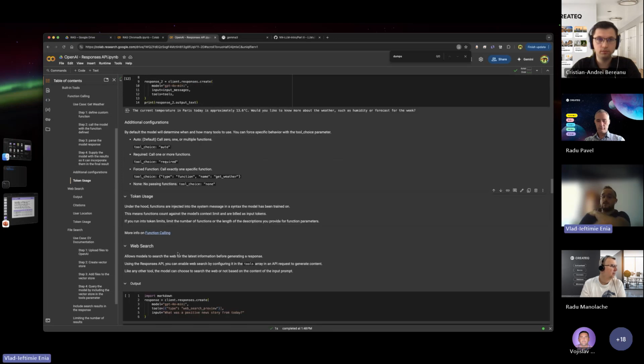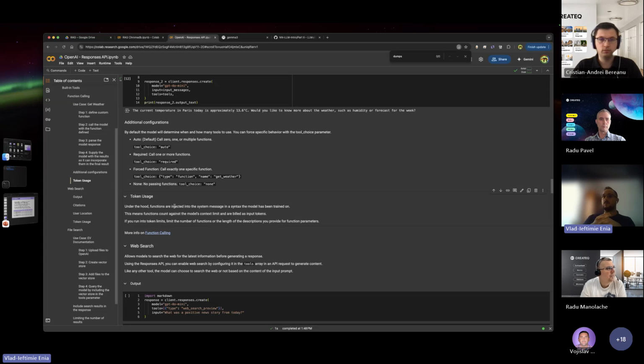It's important to always keep in mind when building applications with LLMs the token usage, because they cost money. They don't cost a lot, but if you have a very high throughput of prompts, then the cost will add up over time. And keep in mind that these functions are injected into the context window, in some kind of system syntax that the model has been trained on. So they will count as tokens. Okay, so functions will add to the cost